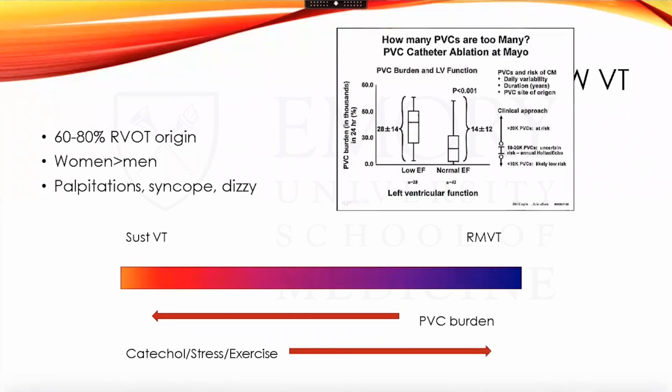When we think about how to treat outflow VT, one big point that we consider is how many PVCs are too many. Certainly for those who have palpitations, who have syncope, who have symptoms, we treat to get rid of the symptoms. Some folks are noted to have, say, bigeminy in the complete absence of symptoms, and there the treatment's a little bit more challenging. A general rule of thumb is that around 20 to 30% daily burden of PVCs, whether symptomatic or not, is going to be a red flag that you might begin to see